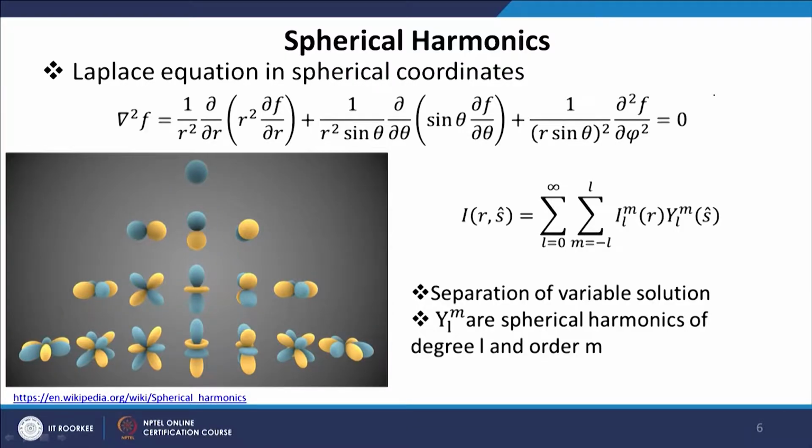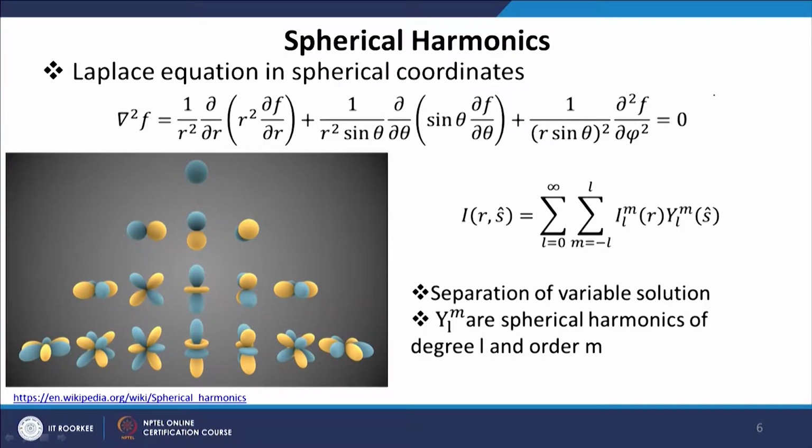So, this is in 2 dimensional space, and we are representing a function using circular functions. Now, intensity we understand is a 3 dimensional quantity, that means the intensity varies over the entire solid angle 4 pi, and it varies on the surface of a sphere, that means we represent it using spherical coordinates. So, if we can represent this intensity in the form of a series just like a Fourier series, we probably can convert our integro-differential equation into some form of differential equation. So, this is basically the idea.